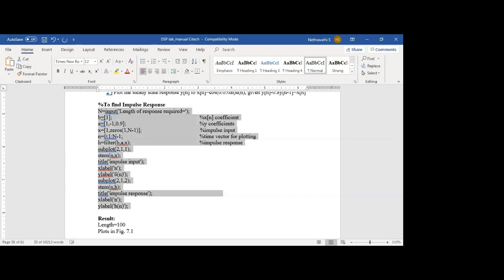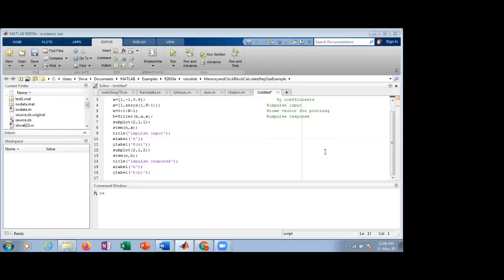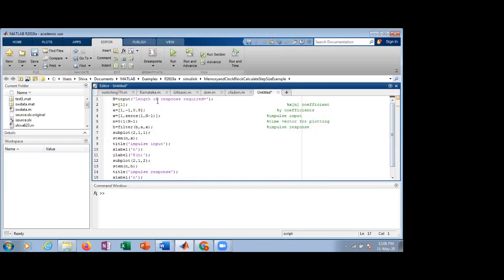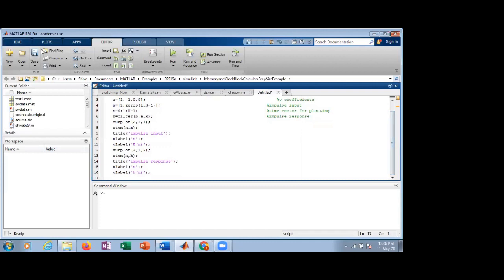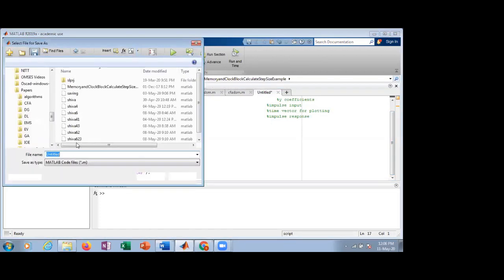And I will try to run it in MATLAB. I just copied the same thing into my MATLAB. You know how to open it: going into New, then a new project, then opening a new editor window. Then I typed my program here. In this program, I gave the sequence, the coefficients of X, the Y coefficients and the impulse input. All three things have been given here. Then I will save this program.